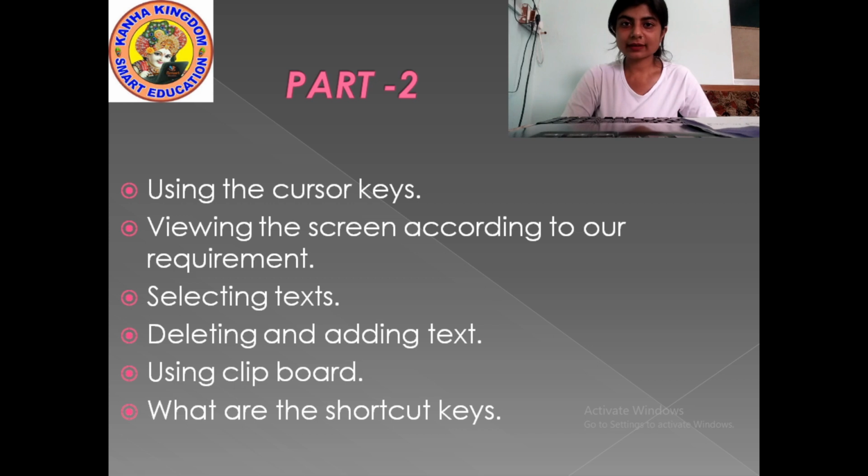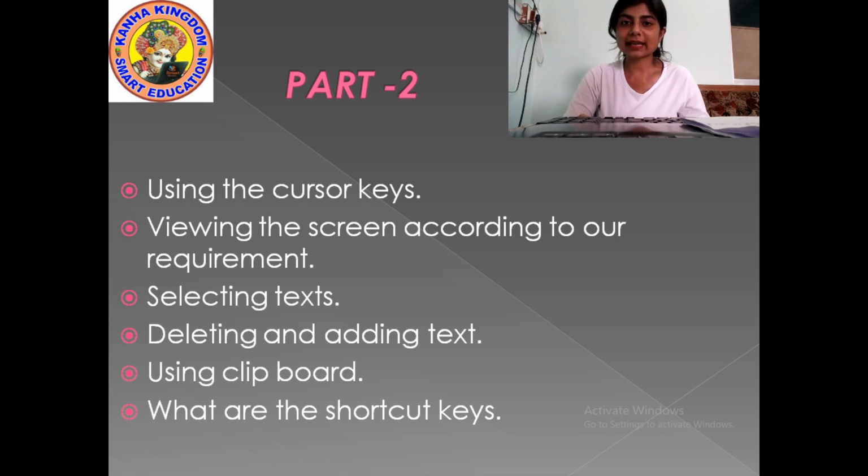Keys on your keyboard, isn't it? I have shown you the picture of the cursor keys. The left cursor key moves the cursor one space to the left side, and the right cursor key moves it only one space to the right side. And the upward arrow key moves the cursor up one line, and the next one is the down cursor key. It moves the cursor down one line.